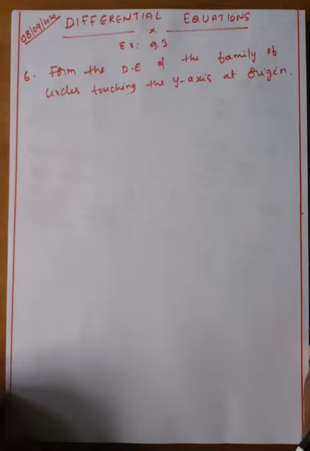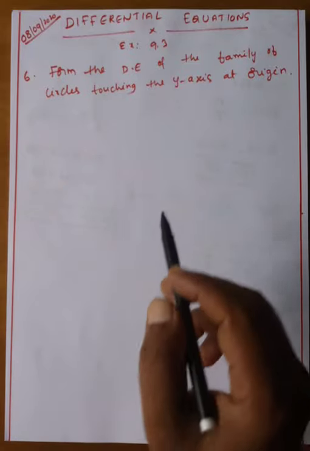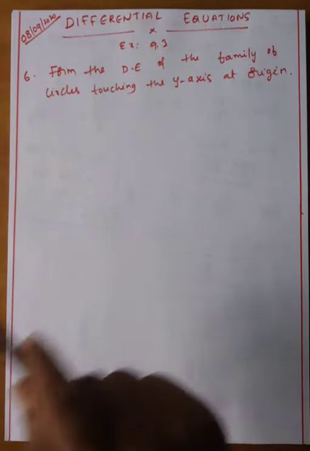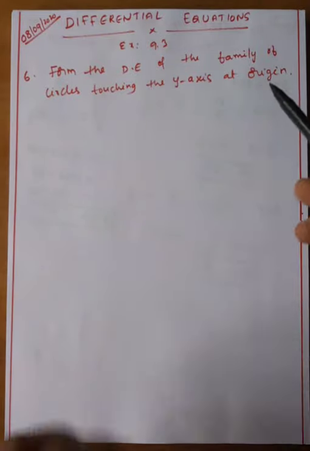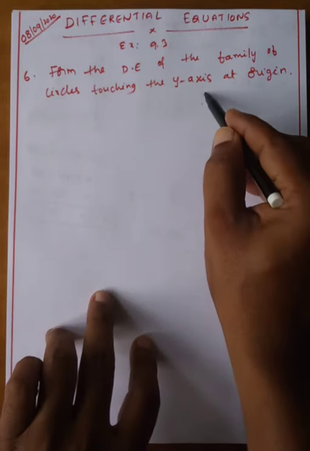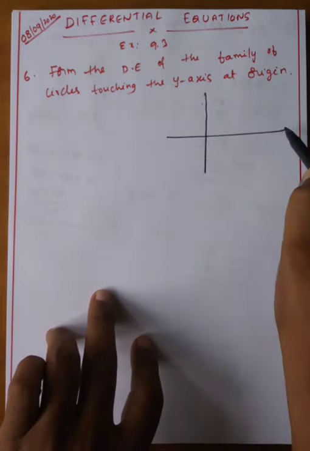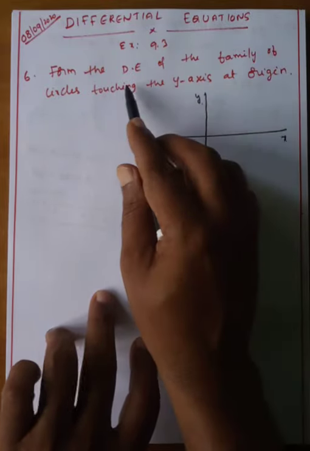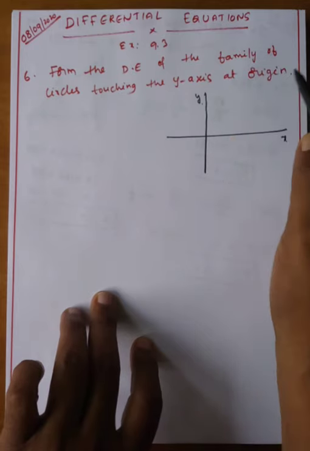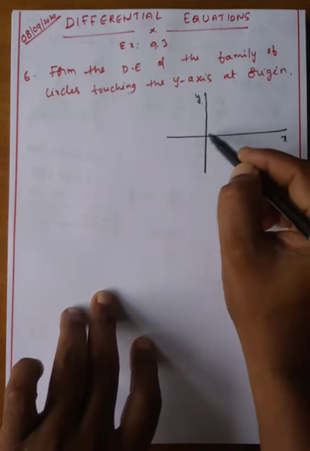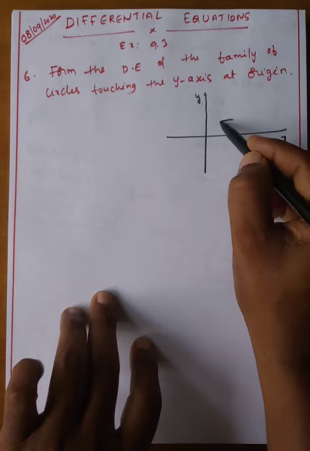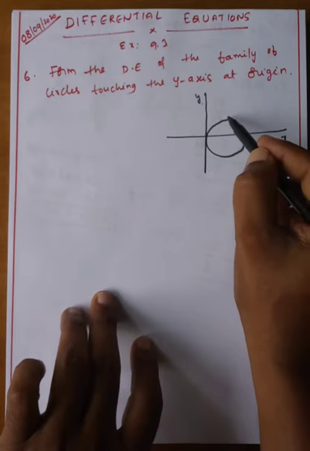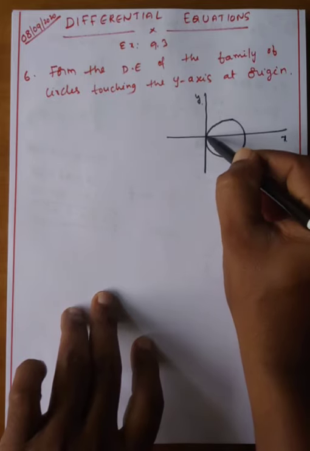Okay, my dear students, now here read the question carefully. Form the differential equation means you will find the differential equation of the family of circles. What are the circles going on? Touching the y-axis at origin. Okay, you have an idea about this one. Suppose here x-axis, y-axis, touching the y-axis at the origin, form the differential equation of the family, 100% touching only. Here in this way we will take this one family of circles. So many circles are there, every circle touching the y-axis at the origin.